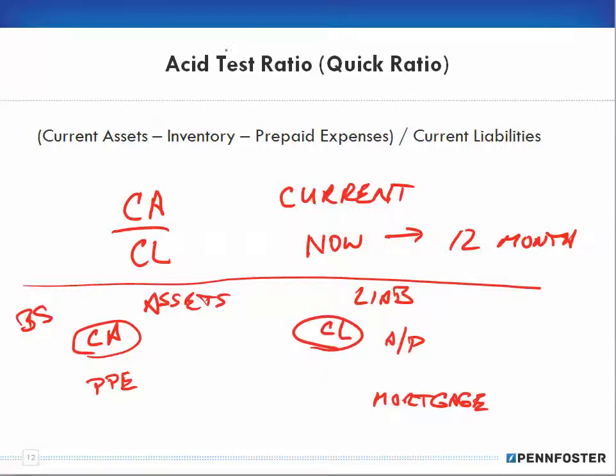But now when it comes to the quick ratio or the acid test ratio, it says minus the inventory, minus the prepaid expenses. And what does that mean? Well, when we're looking at our assets, we had our current assets, and we had our property, plant, and equipment. When we add all of that up, that became our total assets. But we obviously know that current assets don't make up just one account, neither does our property, plant, and equipment. Our current assets